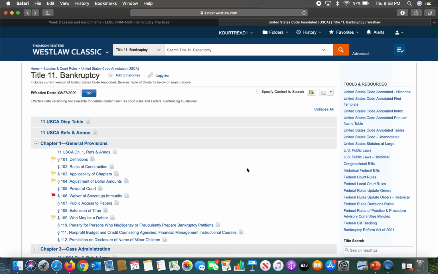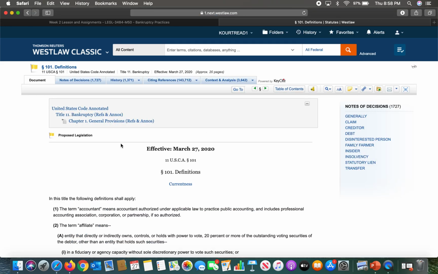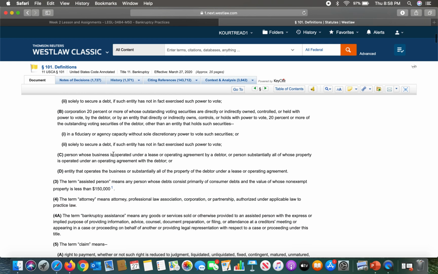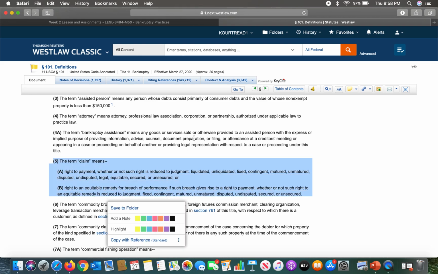I have already searched Title 11, Bankruptcy, which is the federal code for bankruptcy. To find out the statutory definition of a claim, I just scroll down here to Chapter 1, General Provisions, Definitions. Scroll down a little. And right here at number 5, it says the term claim means a right to payment, whether or not such